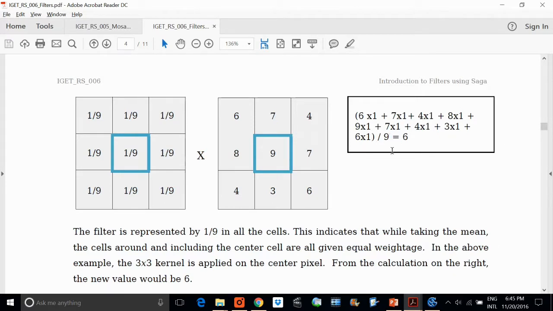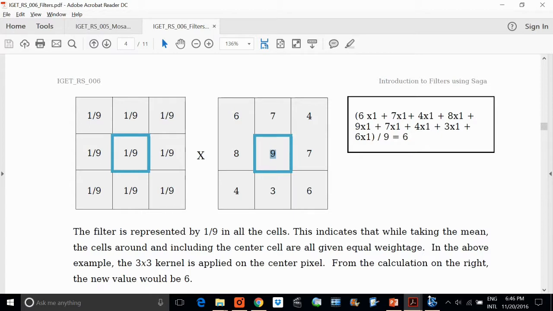So this is a simple averaging filter, and cells around and including the center cell are all given equal weightage. In this example, this is a 3 by 3 kernel which is applied to the center pixel, and for the calculation on the right, the new value would be 6. So this central pixel will be replaced by a new pixel which is 6, not 9.